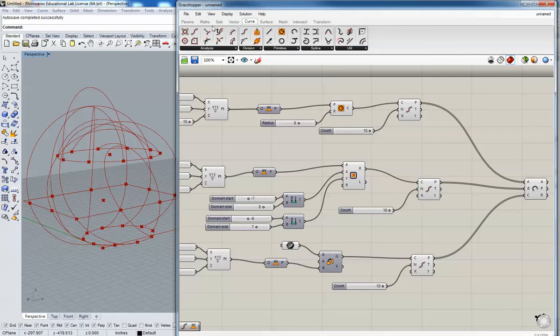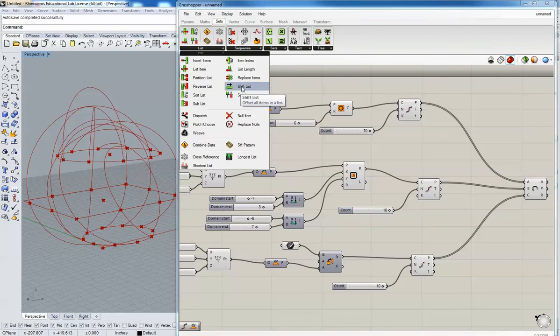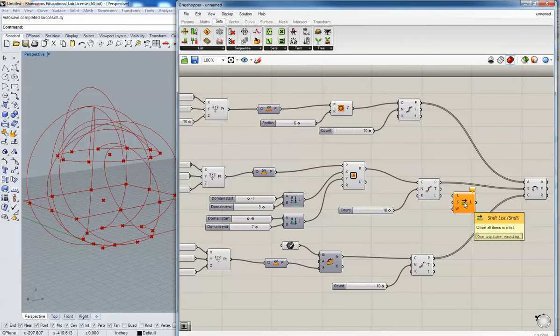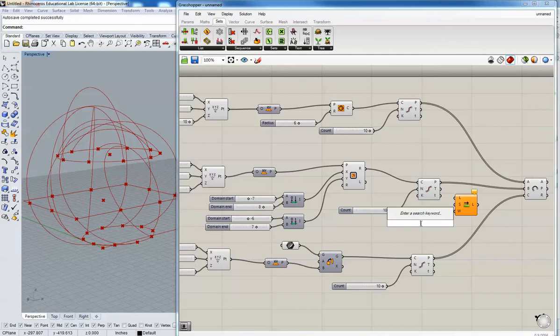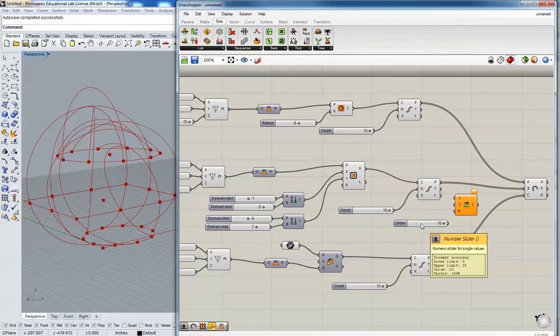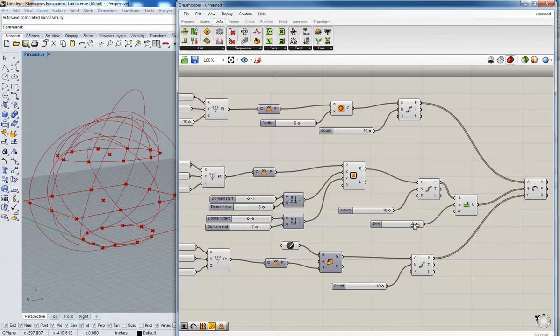So we're going to go to sets, list, and we're going to go to shift list, and we're going to place that there, and let's just say a value of 10 for the list that's being shifted. And then we're going to connect the middle one, which is the square. We're going to connect that one to this list here, and then we're going to connect that list to B. Okay, so if you look here,